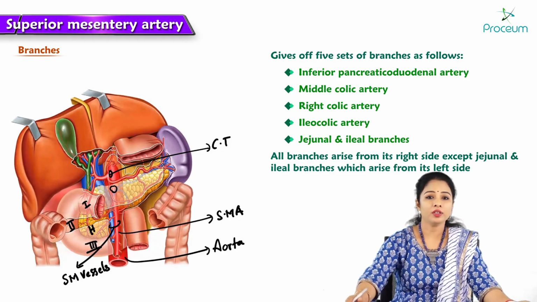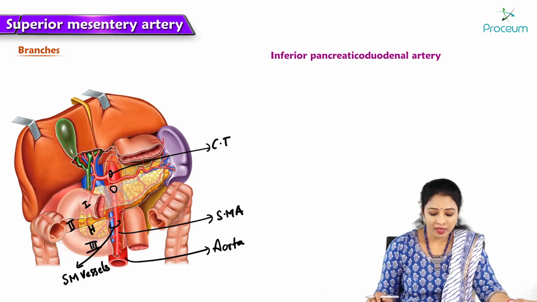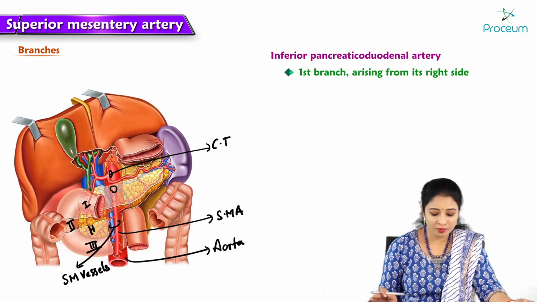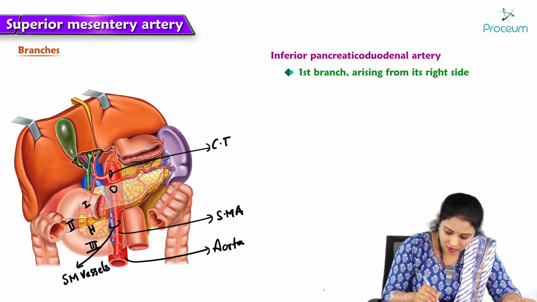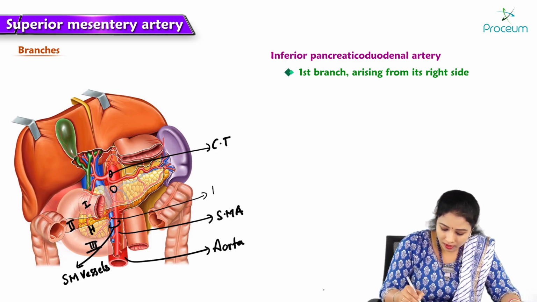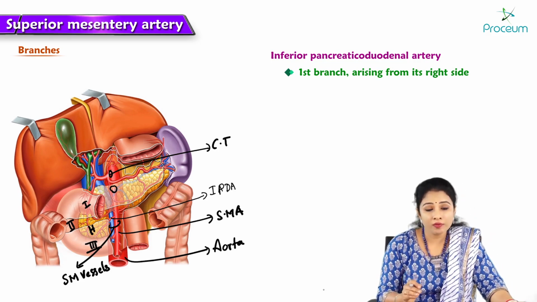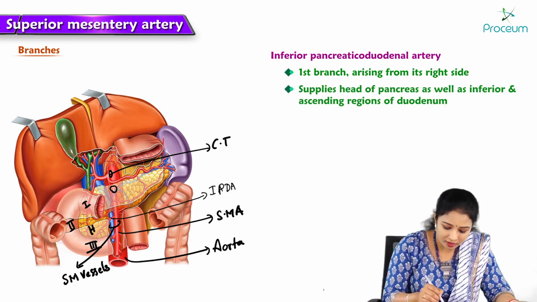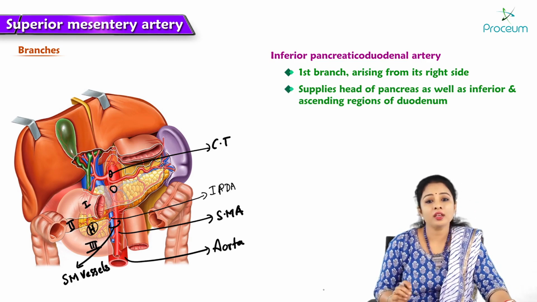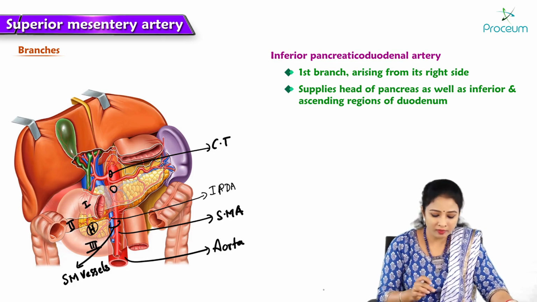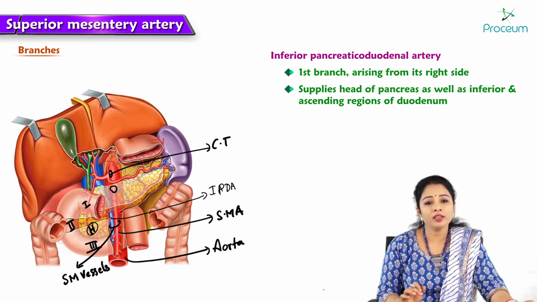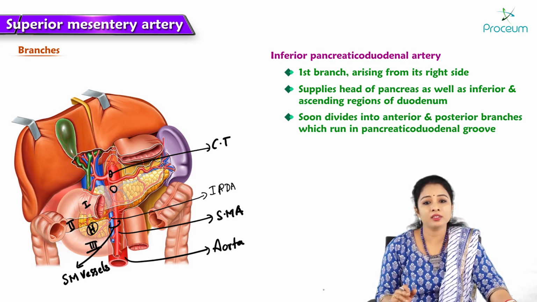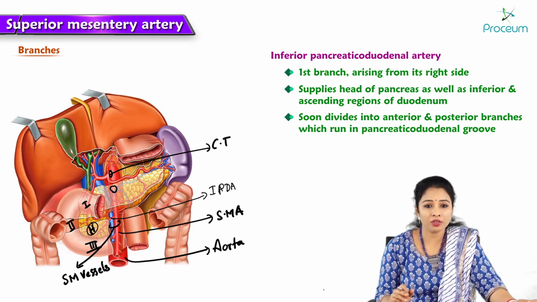So, pancreaticoduodenal arteries. The inferior pancreaticoduodenal artery is the first branch of the superior mesenteric. So here is the inferior pancreaticoduodenal artery. I am writing the short form. The inferior pancreaticoduodenal artery majorly supplies the head of pancreas. We can see the head of pancreas, and also it supplies the duodenum as well. We can see the duodenum, and immediately before supplying it divides into anterior and posterior pancreaticoduodenal arteries, which